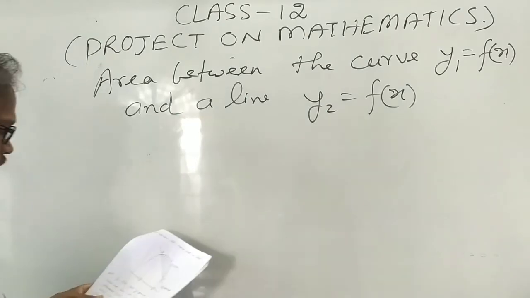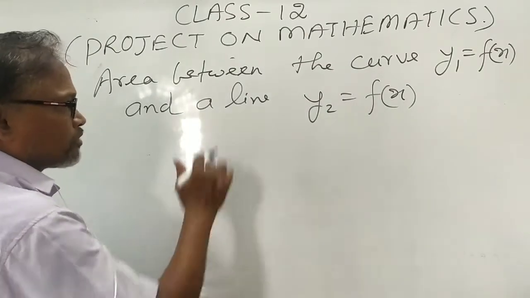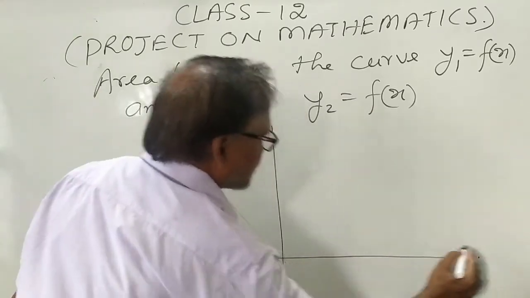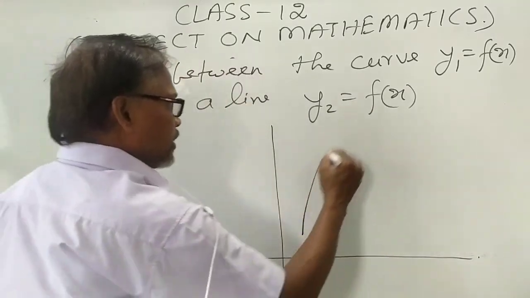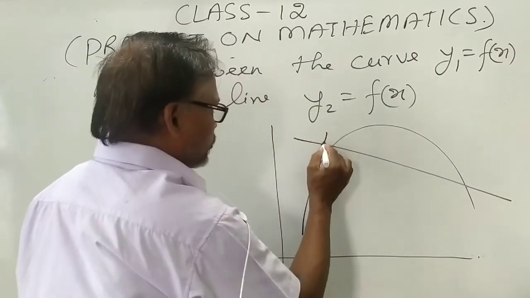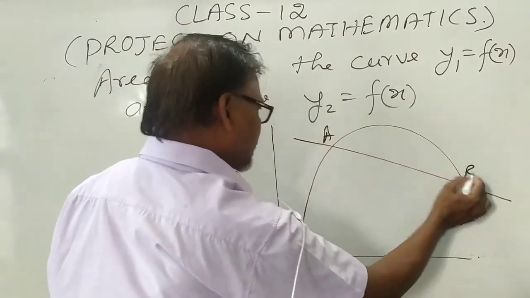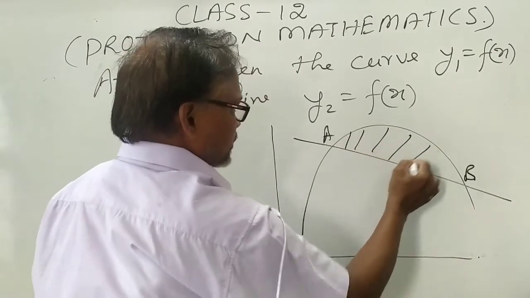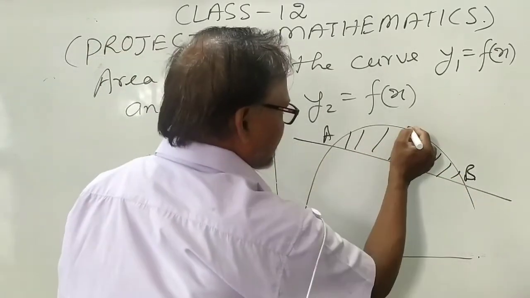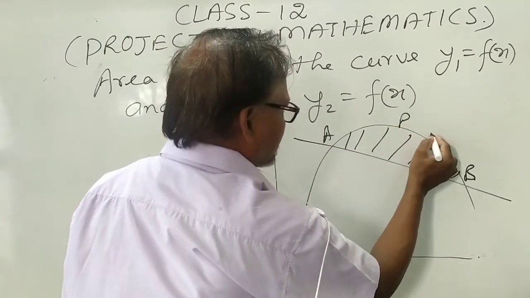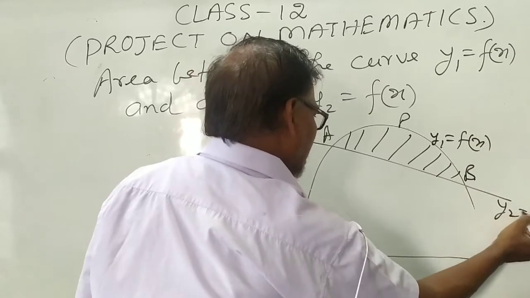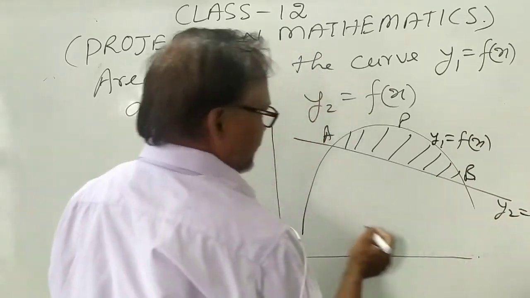And if you draw the curve, suppose that this is a parabola, तो अगर हम इसको curve को draw करें, or you are getting the curve like this parabola, and the line is this. So this line meets the curve at two points. You can say this is y1 is equal to f(x) and this one, y2 is equal to f(x), is a line.